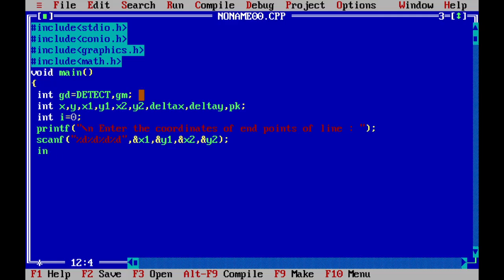Then we will write initgraph function. Why we are using initgraph function? Whenever we are drawing graphical objects, then our computer system must be in graphics mode. So how we will enter into the graphics mode? So for that we will use initgraph function, and the syntax of initgraph function is we will pass three parameters: address of GD, address of GM, and